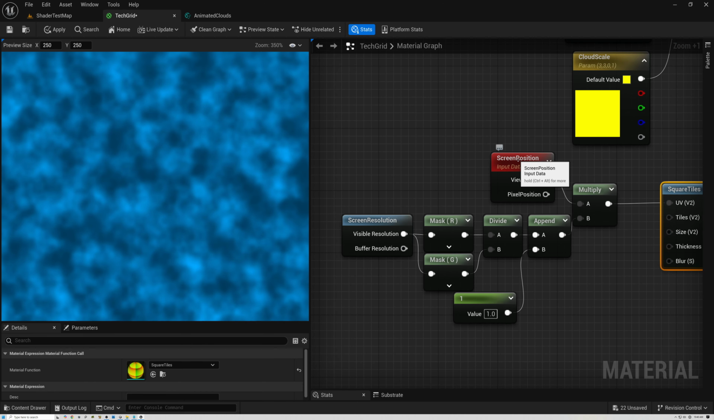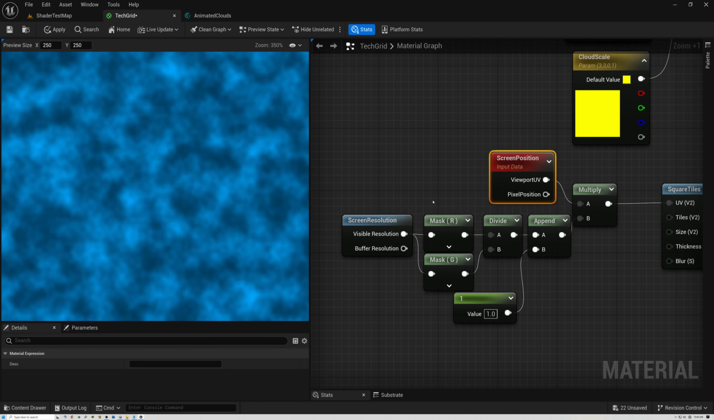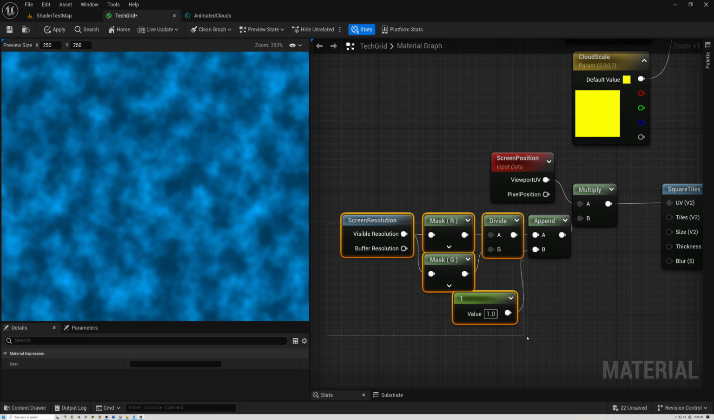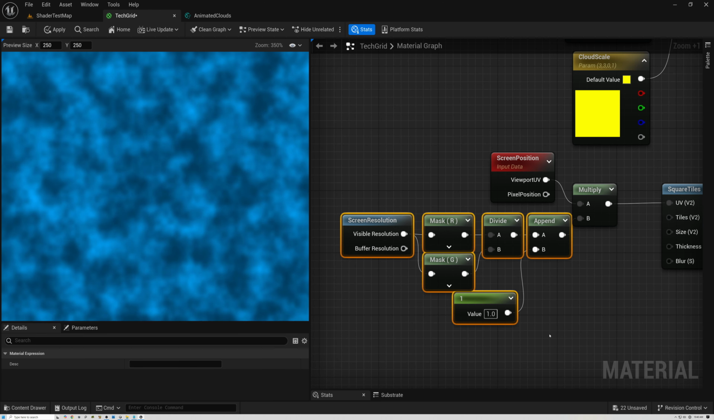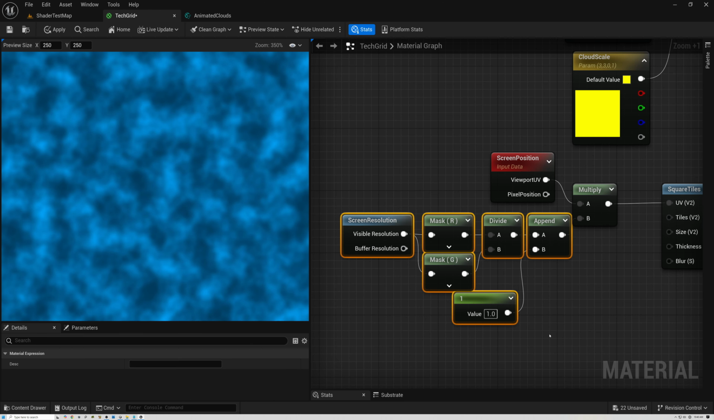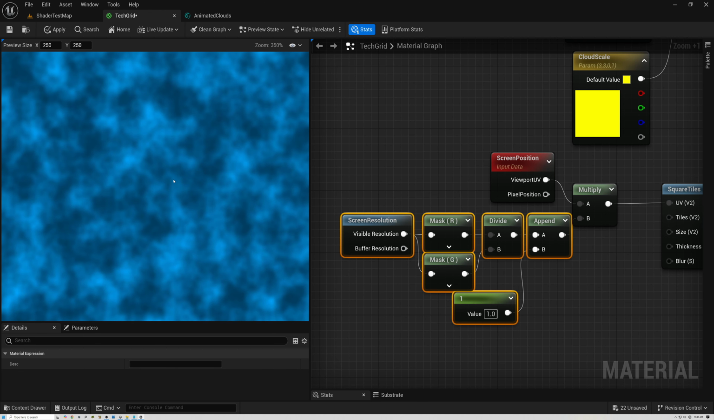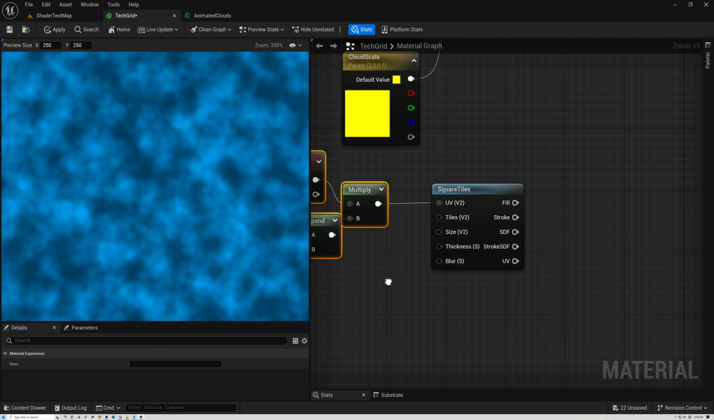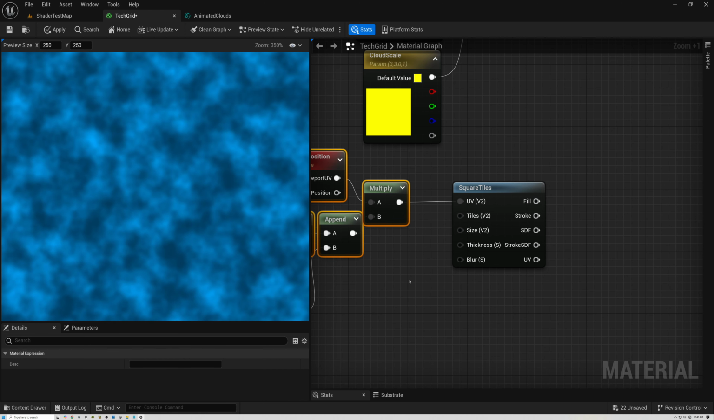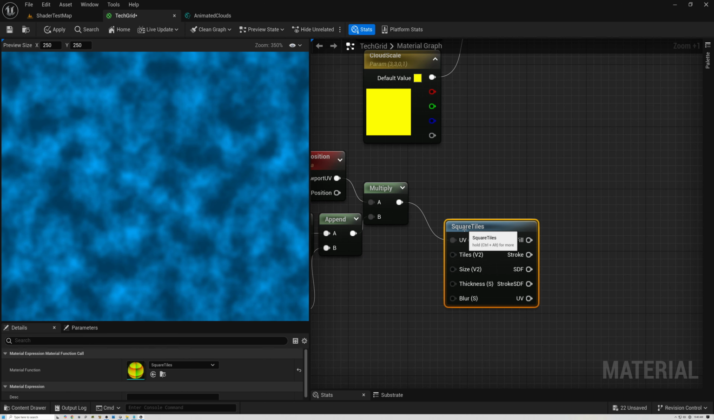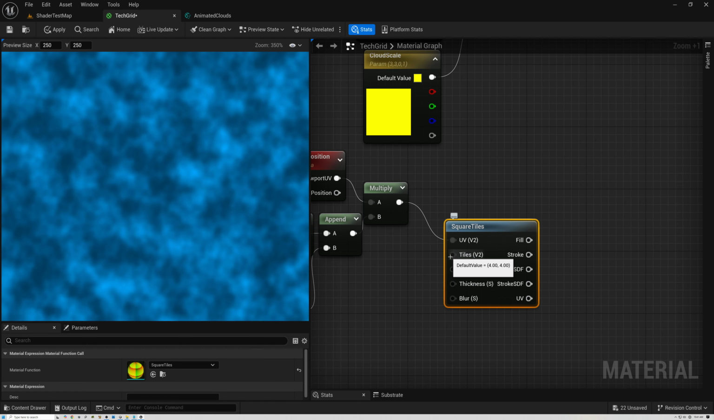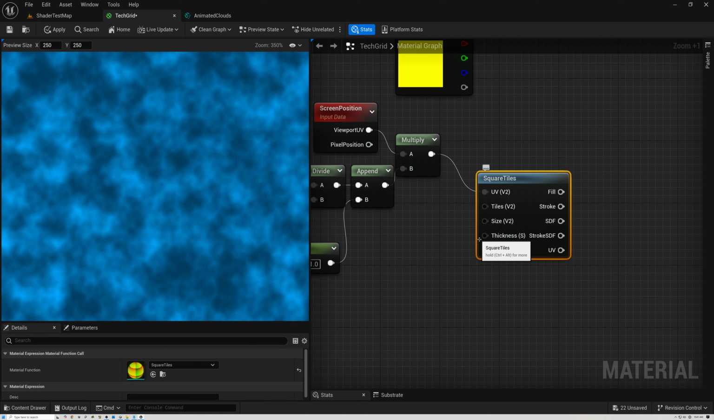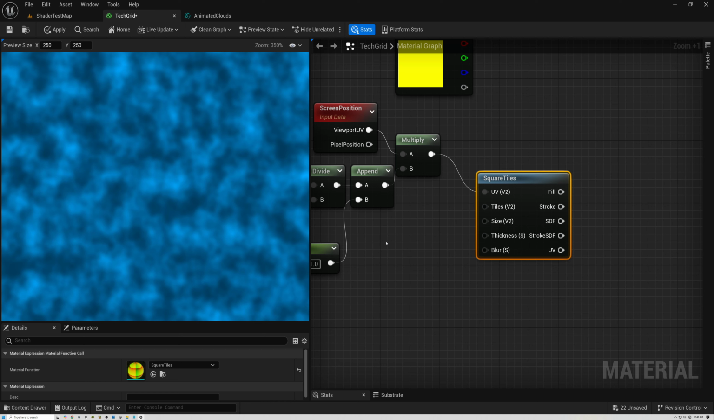So basically what we're doing here is taking our screen position and then multiplying that screen position by our aspect ratio of the screen so that our grid is always going to stay square regardless of the aspect ratio of the screen we're applying it to. That's basically what these nodes are doing here. All right, we also want to give the user the ability to control the tiles, or how many times the pattern is tiling, and also the thickness of the edges. So let's go ahead and add